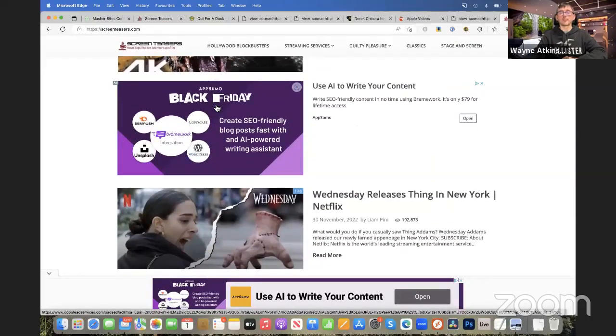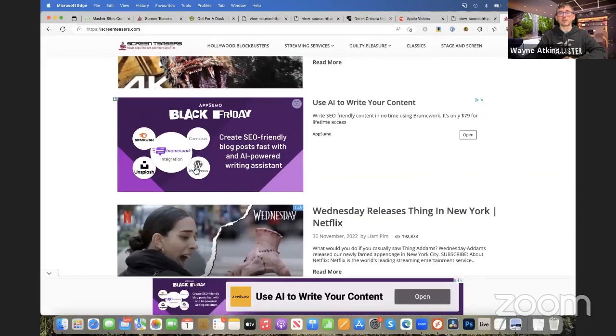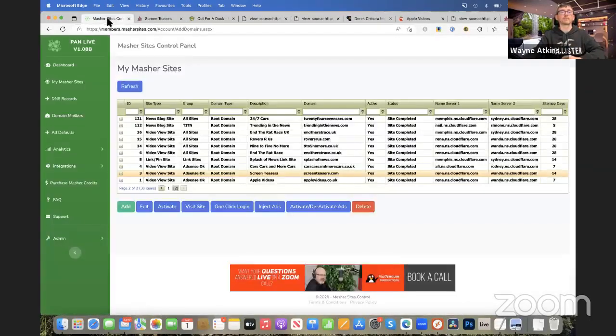that Google's put an AdSense in that's matched the shape, which is really clever. And there's the other one, 9. So those 9 positions,